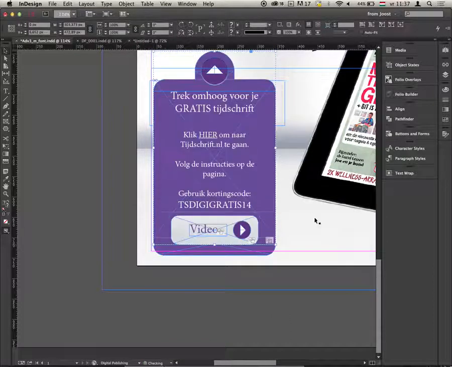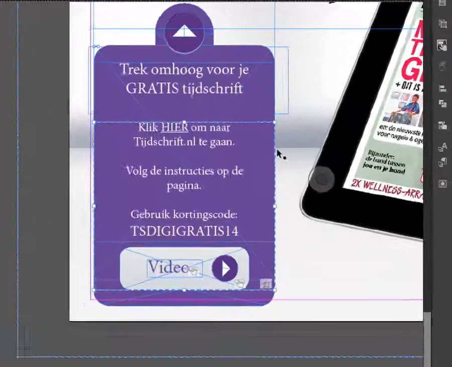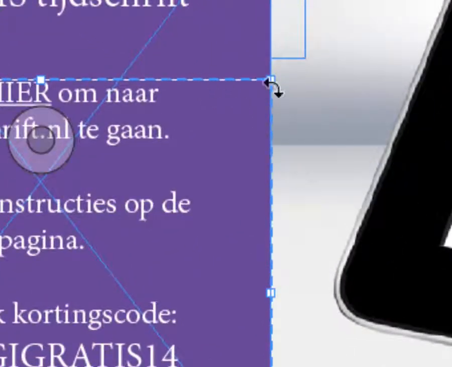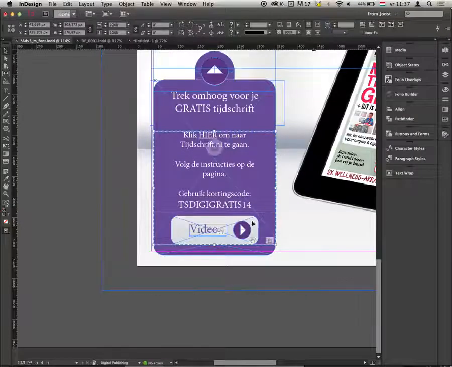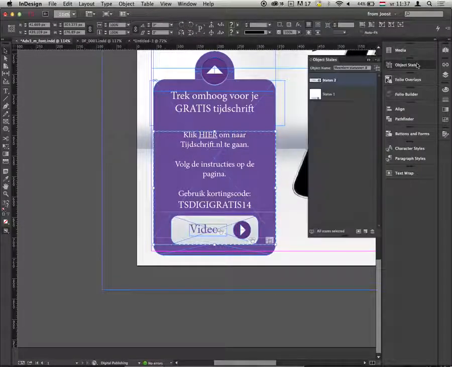There we are. So this here, as you can see, is a multi-state object. You can see that because when I'm selecting this, it will give me this dashed line. So this multi-state object has actually two states. It has one state where it's just a button, and then it has another state where it is a button and an empty frame that will load